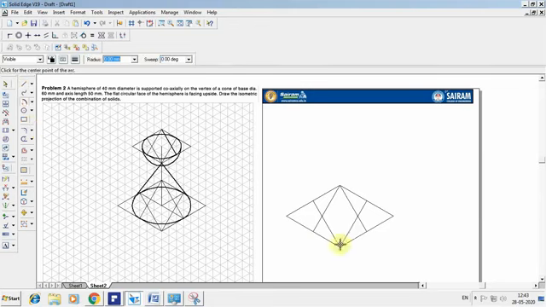Arc by center point. Similarly, from the opposite side, go for the intersection point. Construct.